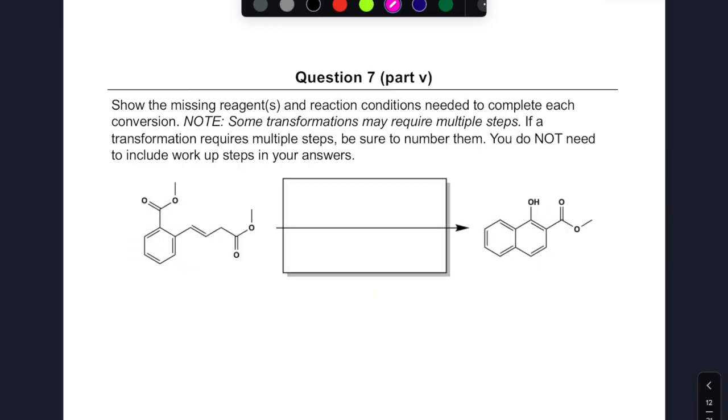All right, and the last one, what we're asked to do is bring together these conditions. What we want to try and focus on is it's some type of condensation reaction. Now, if you're looking at your fragments that you're putting over here, how I would map these pieces off is we've got a nucleophilic center here, which I'm going to correspond to that center over here, and then we have an electrophilic center right here, and we're going to do this in the presence of sodium methoxide in methanol,